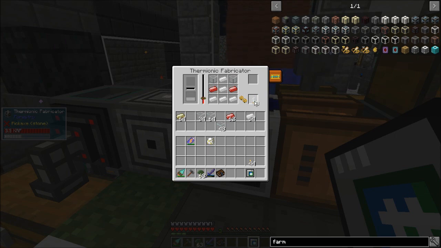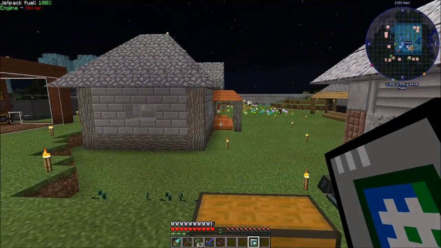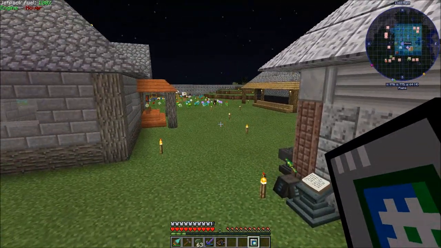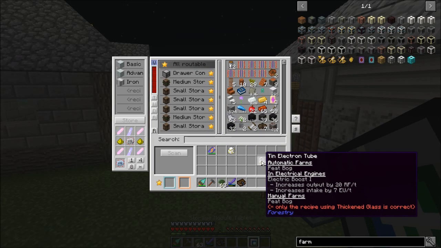Yoink, yoink, yoink, yoink. That gave me 32. That's good for now. We'll clear that out so that we're not pulling power. If I remember right, the thermionic fabricator uses stupid amounts of power. I don't know if they ever changed that, but...